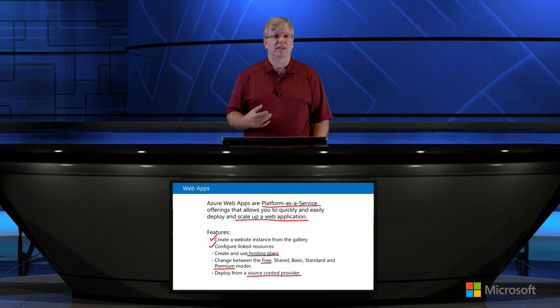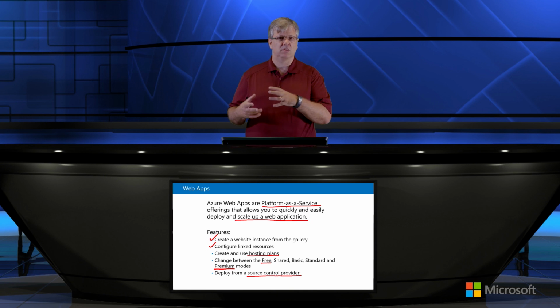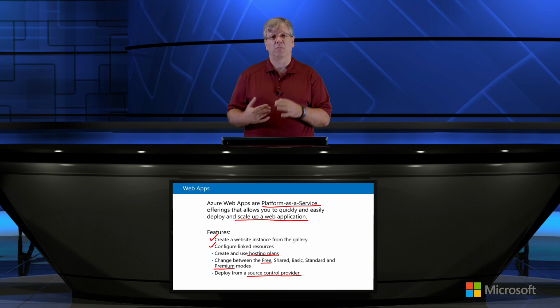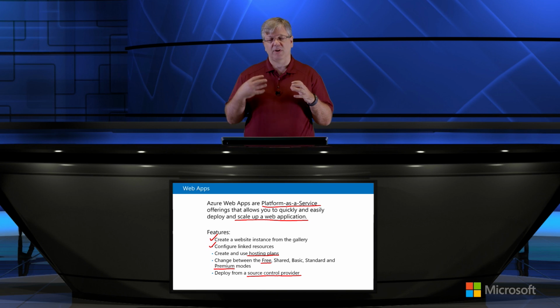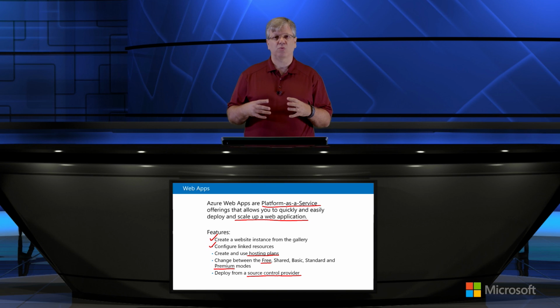Or you can actually deploy directly from source control providers. So you could have Visual Studio Team Services, the online version of Visual Studio, version control management, Team Foundation Services is what it used to be. Well, it still is, but the online version's Team Services, or even Git or GitHub or a number of other source control providers that can actually deploy directly into your web application. So again, it's designed to make it very easy for you to take a web-based workload, take it from your on-premise environment, your dev environment, and move it into a production environment within Azure.